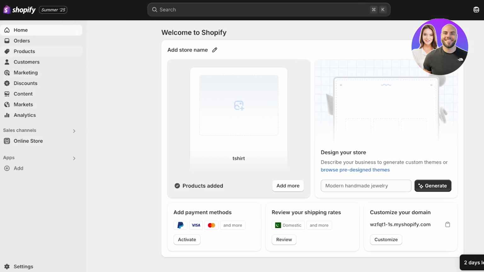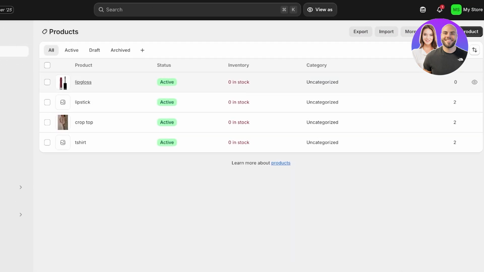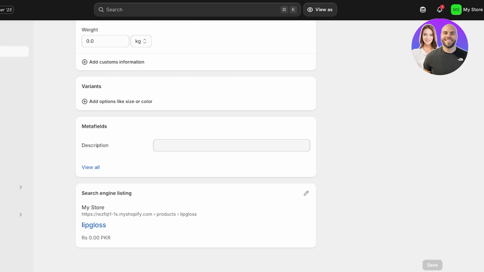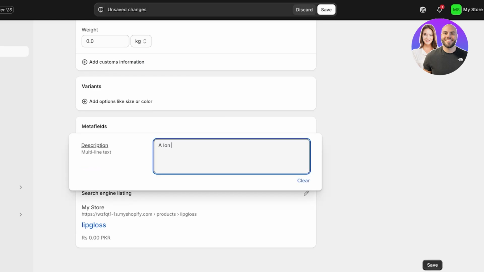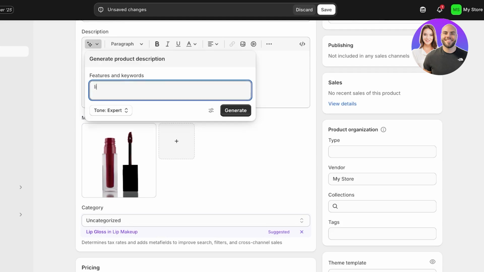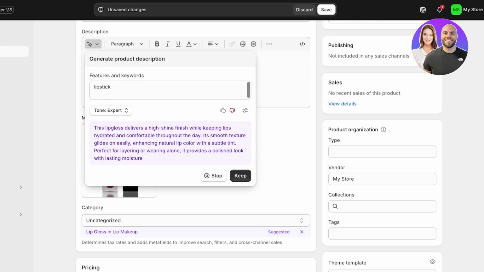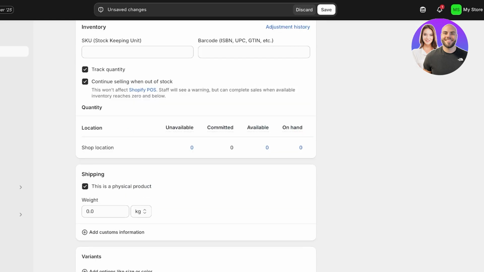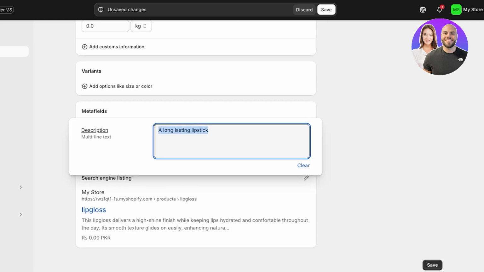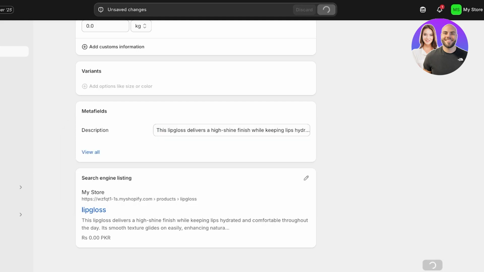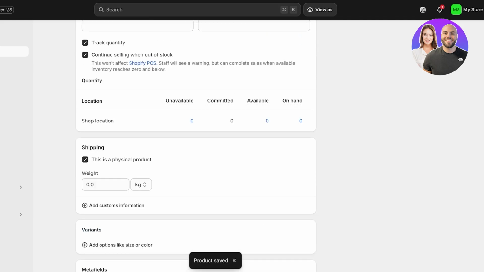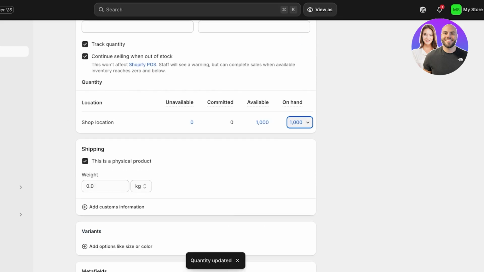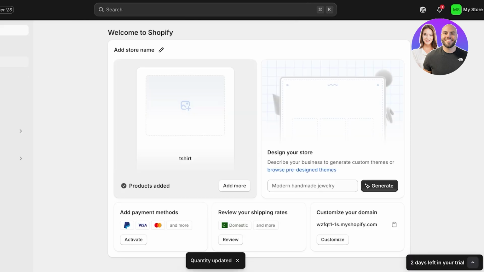So the way that I like to do this is that sometimes there are product descriptions that I don't want to add for all products. So for a general product description, a long lasting lipstick, I'm just going to ask it to generate a description for a lipstick, and then I'm just going to click on keep, and then I'm going to copy basically the same thing over here in the meta field and paste it, and then click on save. And then I'm also going to be adding quantity,